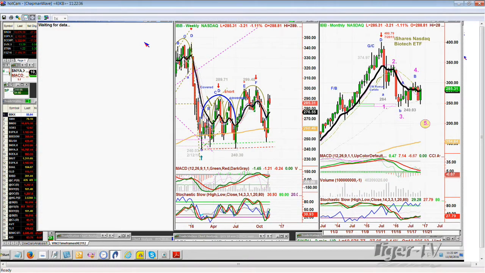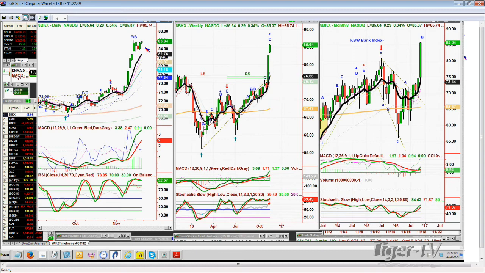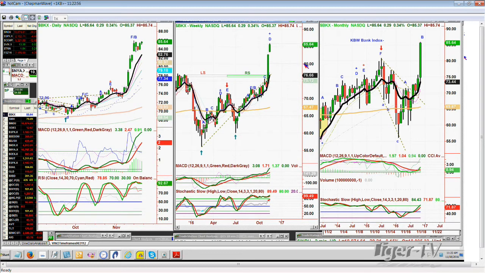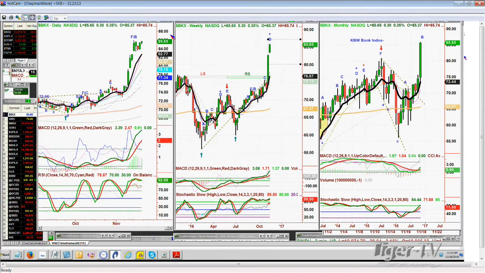there. For instance, the BKX index is holding beautifully at the highs. It almost looks like the interest rate itself. Stochastic at 92%. The MACD is good. And this is the KBW Bank Index. So within that context, I think that this is going to hold. I would say that on the next pullback, we could get a pullback that looks a little bit like this right here. I'm going to go a little higher because I think we could go a tad higher. And that'll be it. So 85, 40, 85, 65 right now on the BKX index, like F/B, I think it's a B, and I think we're going to go to a C and a D, matching the market itself. That would make this a down arrow right here.